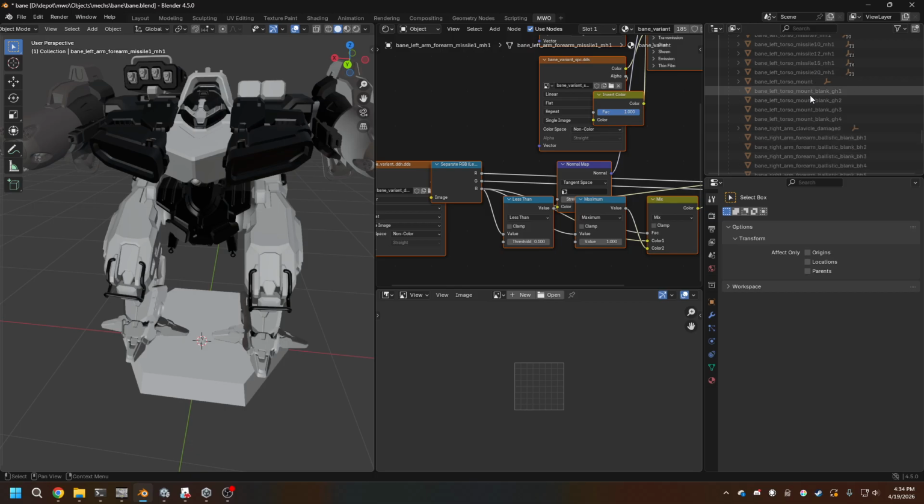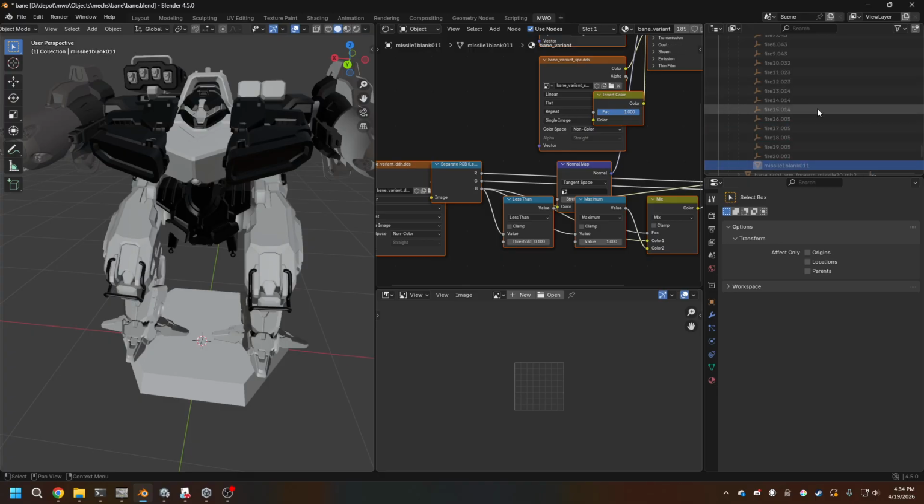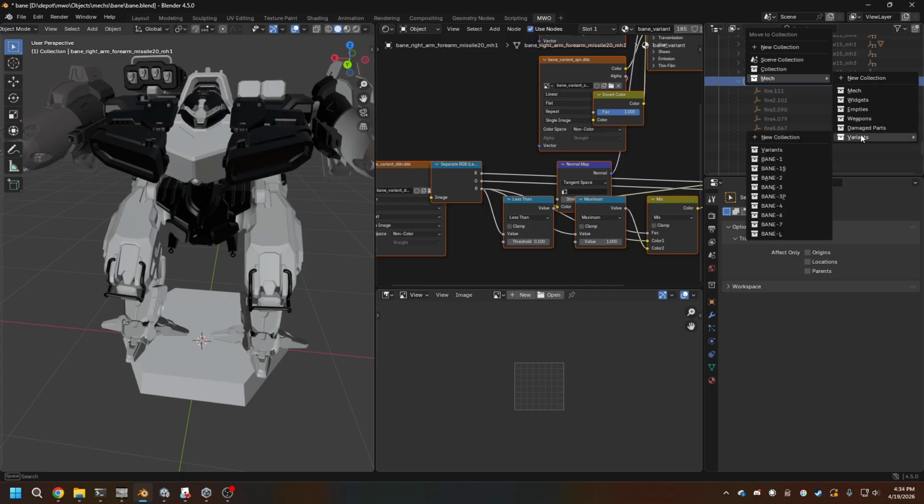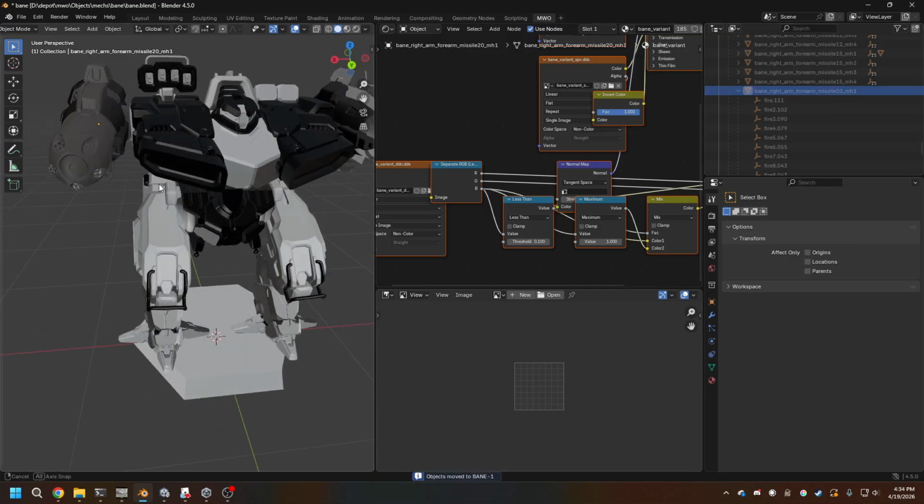Left torso. What's that mount? It's so weird. Nothing has it. It's just all these missile launchers. This is just the worst example there is. All right, this missile 20. So you can see this missile 20 has a little missile blank that goes with it. And you would have to add both of them. So if I did,